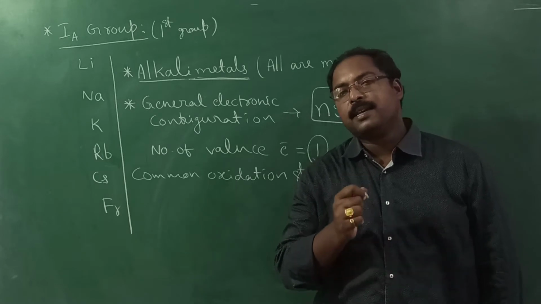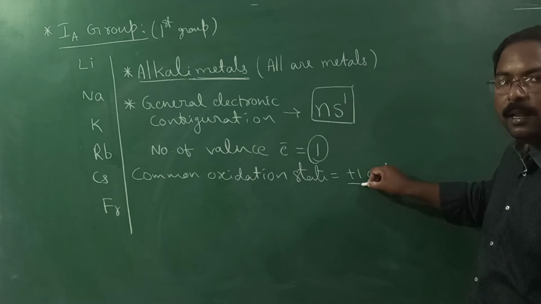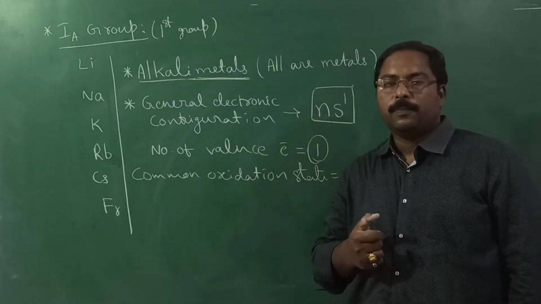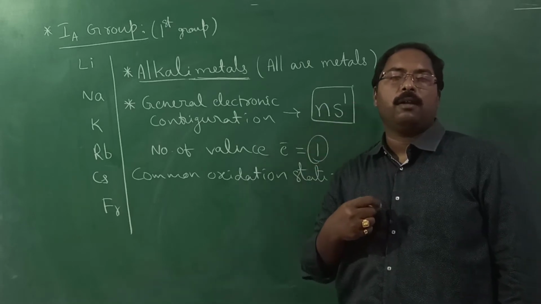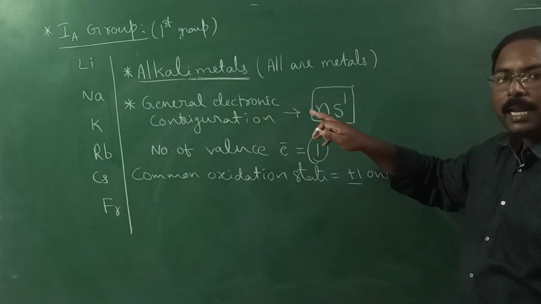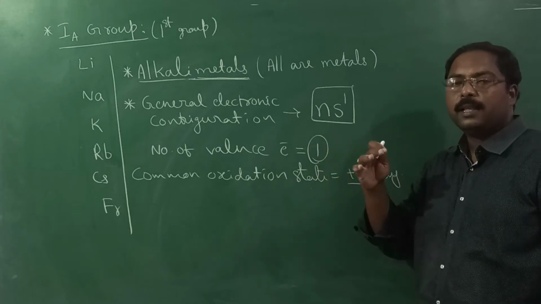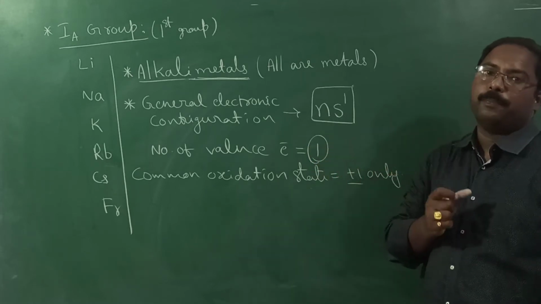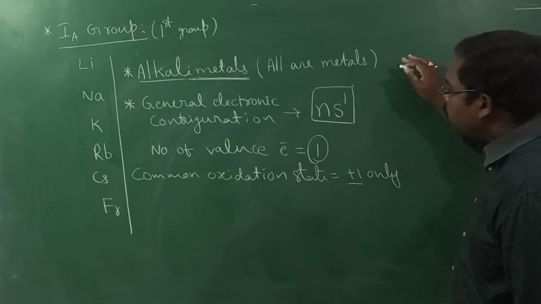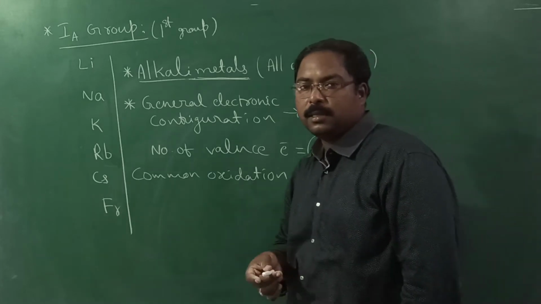So that is why metals always exhibit positive oxidation states. We know when an electron is lost, the oxidation state will become positive. If any element gains an electron, its oxidation state will become negative. So these first A group alkali metals never gain an electron, not only first A group metals, any metal atom never gains an electron. Metal atom means any metal without any charge. Atom means neutral charge.